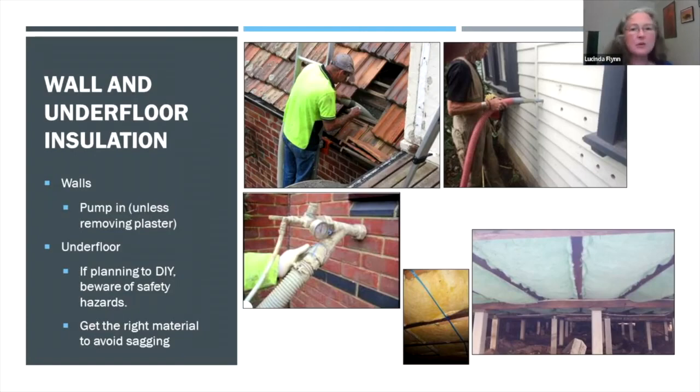Okay, next, after all of those things, you would be looking at wall and underfloor insulation. And it really depends on the house which one you would do first. So for walls,